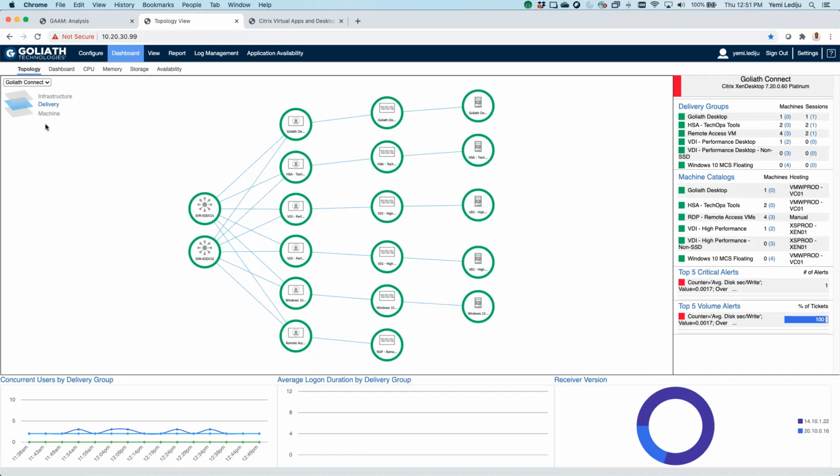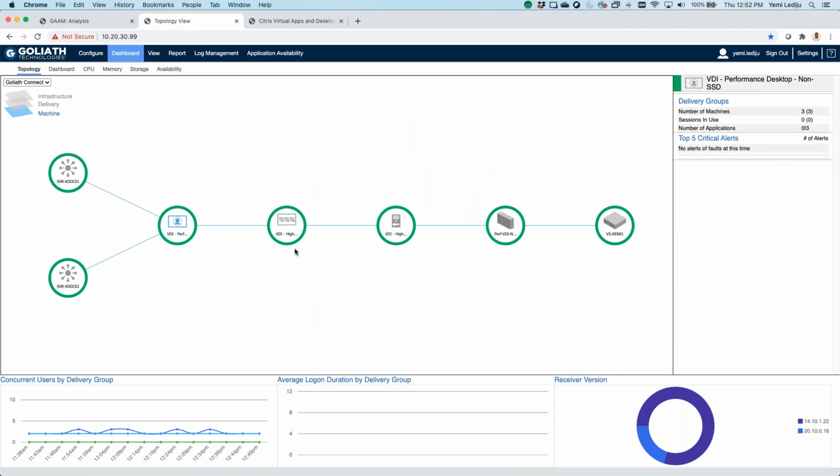There is no reconfiguration if you make any changes to your environment. As you update your environment, this will automatically update with it. Again, it's that embedded intelligence. So you can see all of your delivery groups here, all of your machine catalogs, gold images, if those are available. And then clicking into a specific delivery group, it then builds out a machine infrastructure